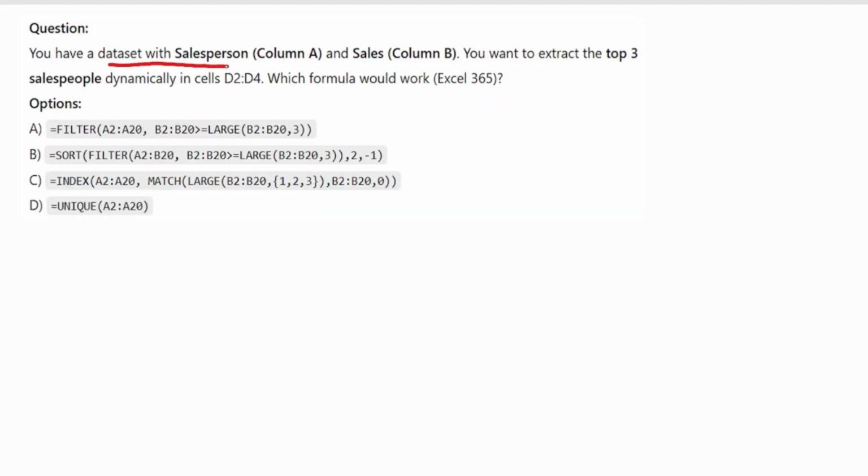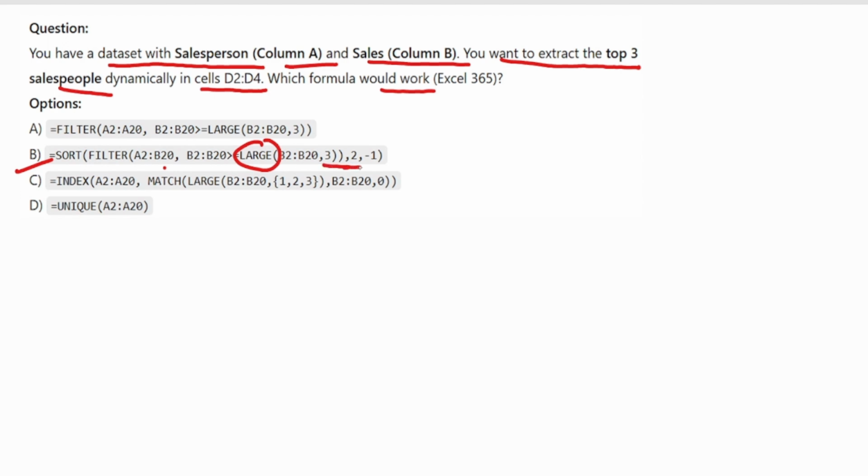You have a dataset with a salesperson in column A and sales in column B. You want to extract the top three salespeople dynamically in cells D2 to D4. Which formula would work in Excel 365? The correct option here is option B, because the formula first filters the rows where sales are in the top three using LARGE, then sorts them by sales.